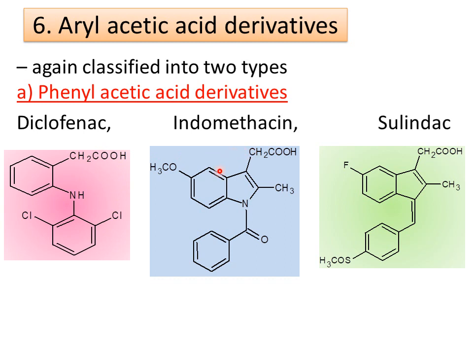And the next one is indomethacin. Indomethacin is a derivative of indole. This is the indole: benzene with pyrrole, we can name it as indole. The acetic acid derivative of this is indomethacin. And the next one is Sulindac. It is similar to indole, but it does not possess a nitrogen here. It just possesses a cyclopentane ring. Along with this, instead of methoxy, it possesses a fluorine. Some differences are there in the structures between indomethacin and Sulindac. That is about diclofenac, indomethacin and Sulindac.